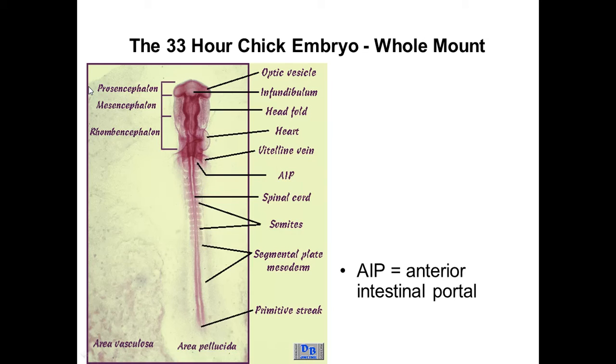And then, what else? We're still seeing the anterior intestinal portal, the opening of the foregut, as you can see here. Okay. Now, let's also take a look at the